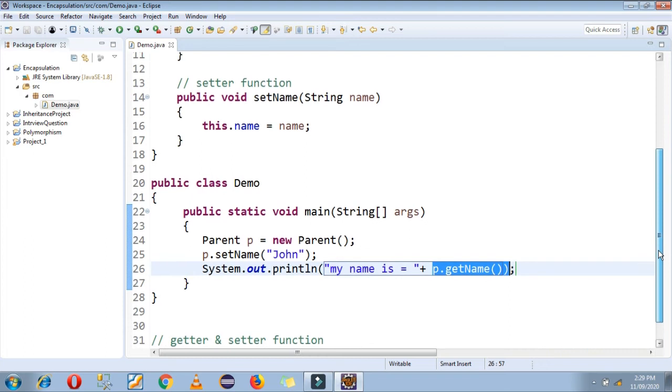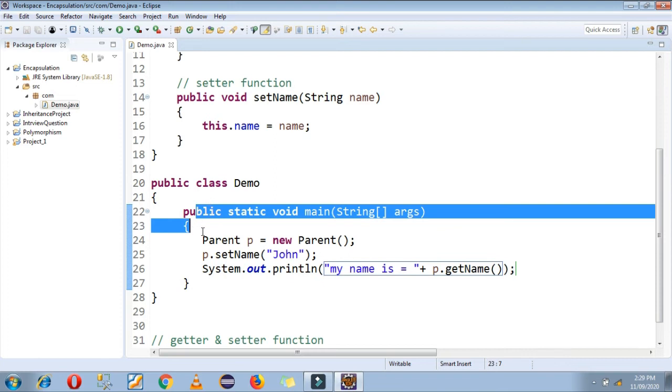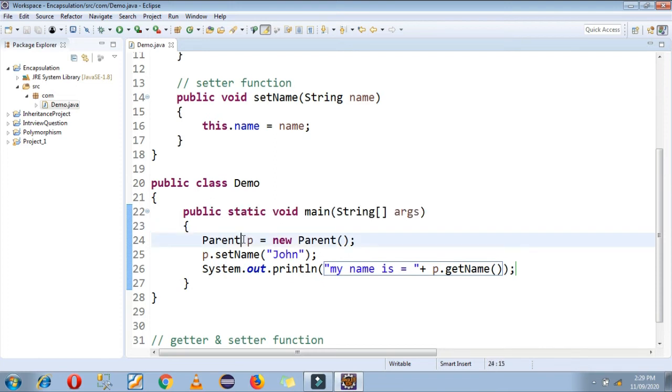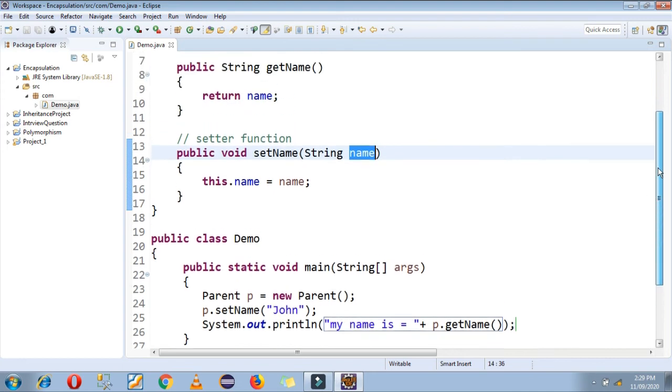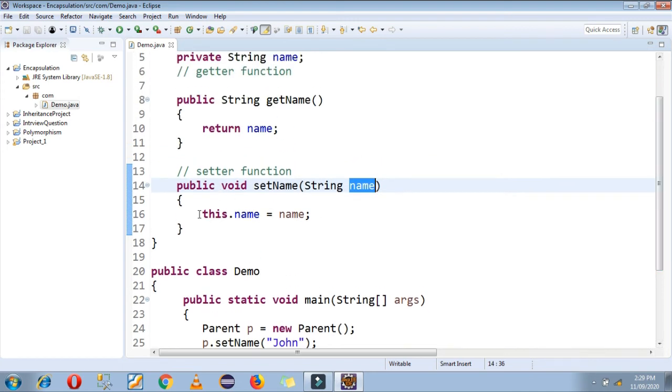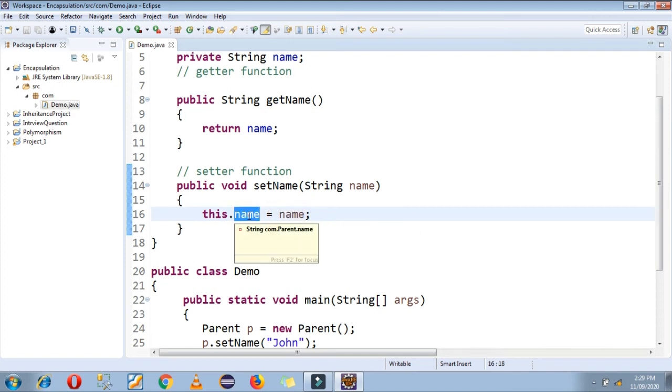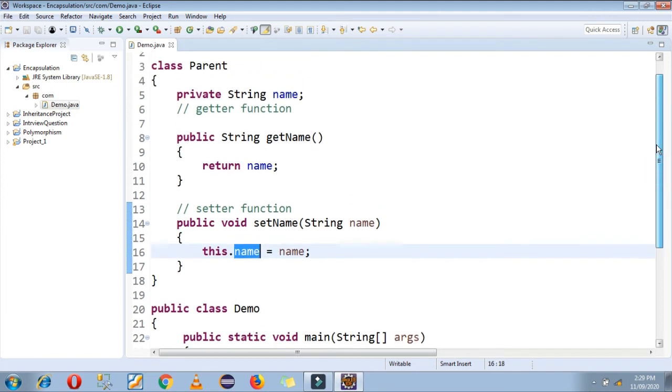Okay, so what is going on here? When you are running your code, first JVM will enter the main function, then because of this object calling the setName function, JVM will store this John value in this String variable, and because of this.name your local value will be stored at the instance level now.